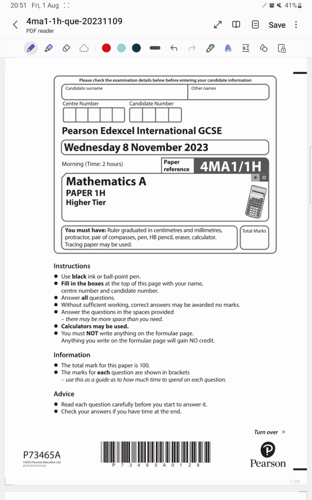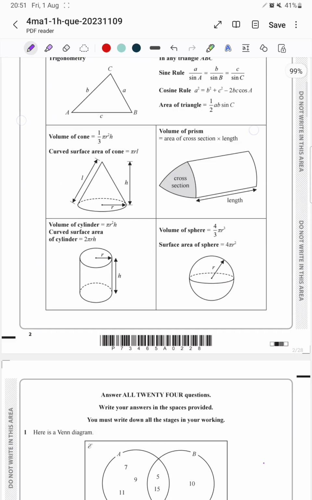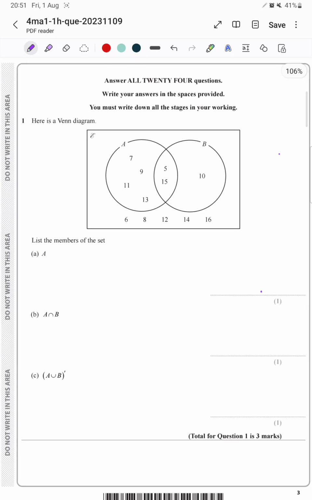This is the first video, and in this video I'm going to explain a step-by-step solution of a past paper, Pearson Edexcel International GCSE. This is the Higher Tier Paper 1, 2023 November. So let's begin. The first question is, here is a Venn diagram and we have to list the members of